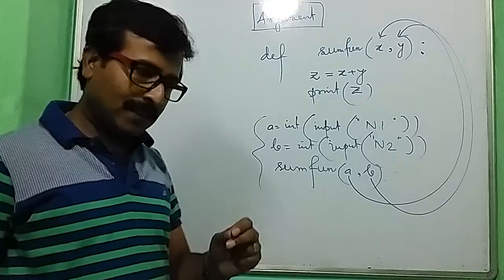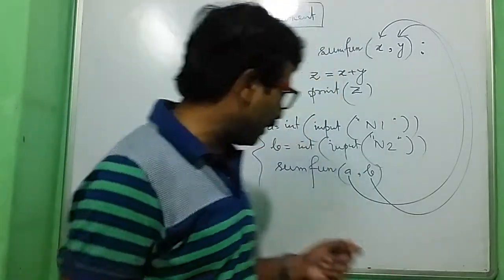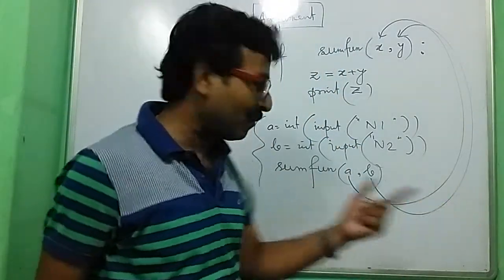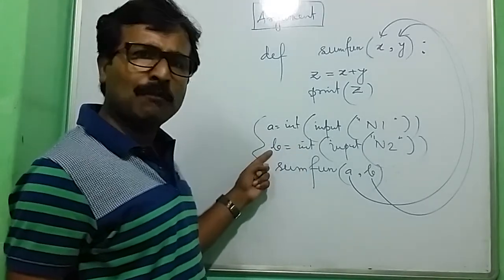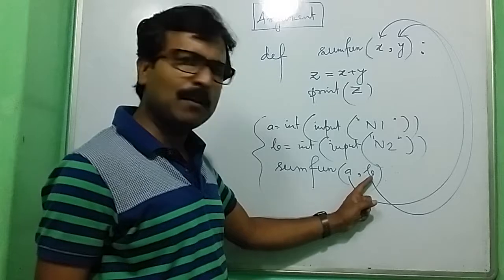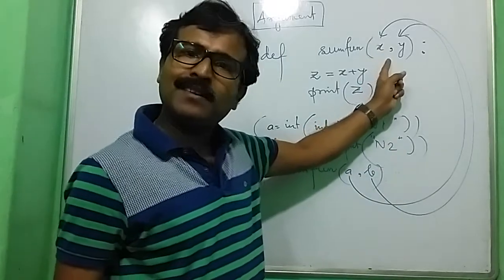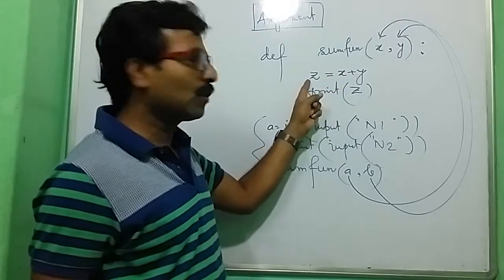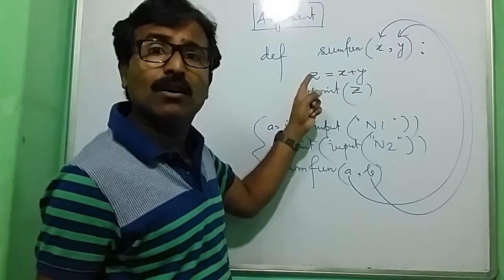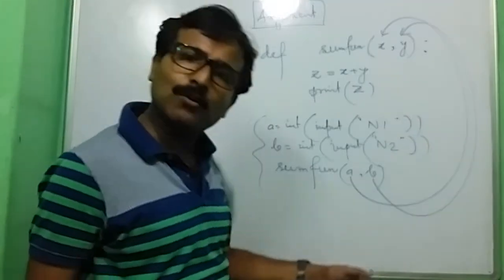Now as you know that Python is a very powerful language, you do not need to think of any data type. Now I am taking two integer values, no problem. Take one integer, one float. So a will be int, b will be float. Accordingly x will be int, y will be float, and obviously int plus float, that means z will also be float, and you will get the result as a float.